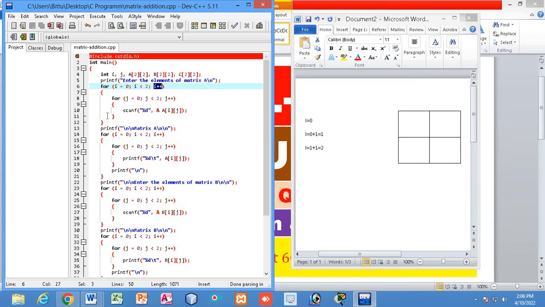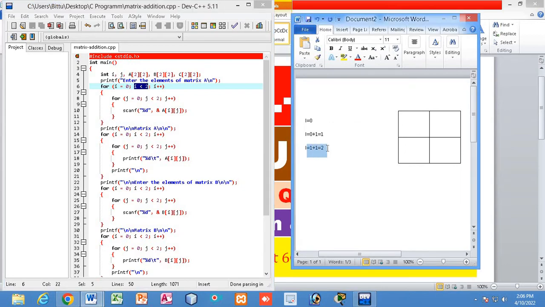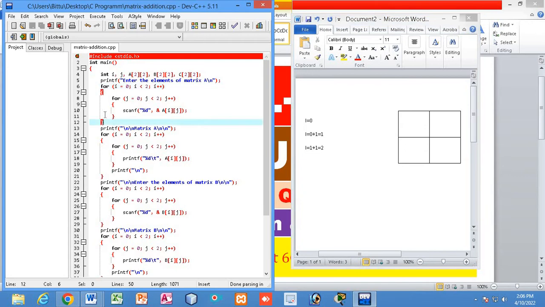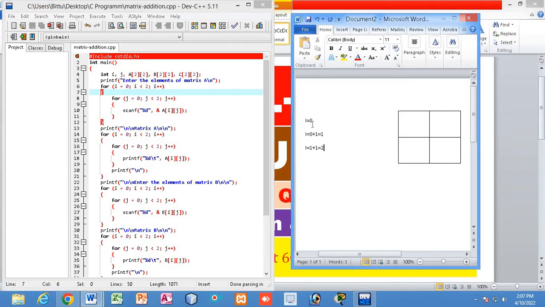Now next time when this condition will be checked, i is not less than 2, i will be equal to 2, right? If i is equal to 2, then we will move out and print the matrix A, right? But as long as these two conditions will take place,